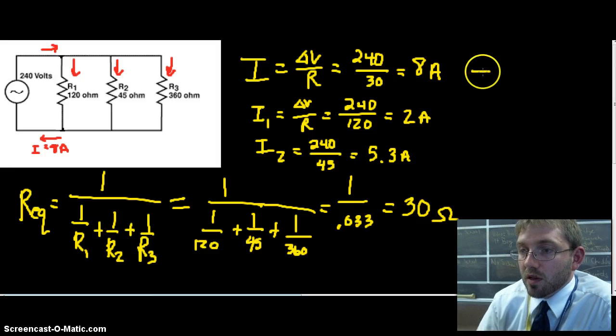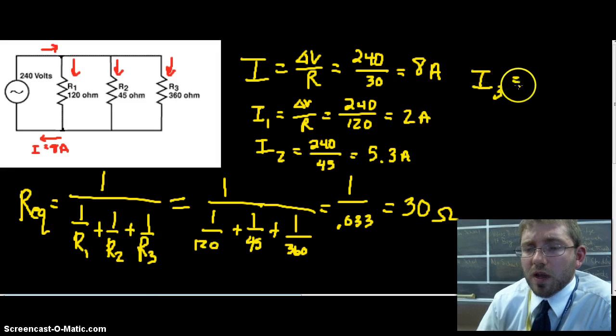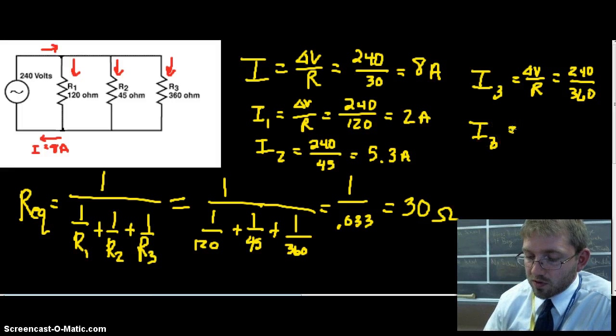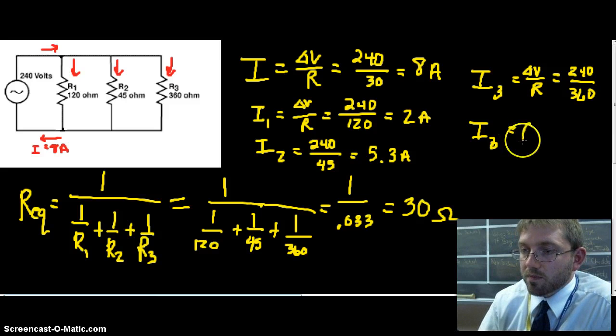As we had maybe alluded to earlier, we should expect the smallest current across the third resistor because it's the largest resistance of the bunch. So delta V over R, keeping consistent. So 240 over 360, and you can see that's some familiar proportion of about 2/3. So we take 240 just for the sake of doing this, divided by 360, and we do in fact get 0.67 amps,